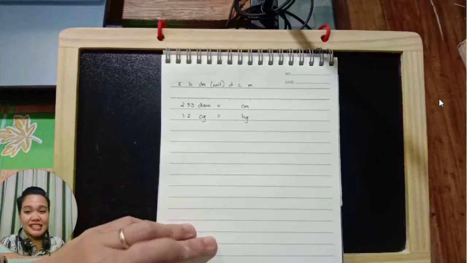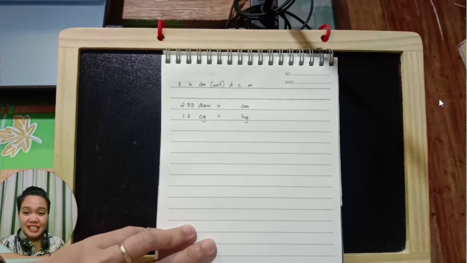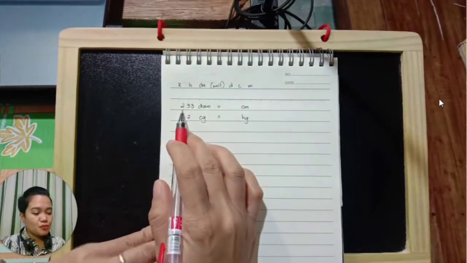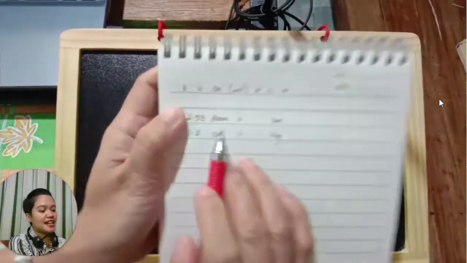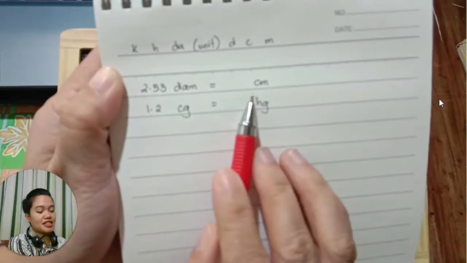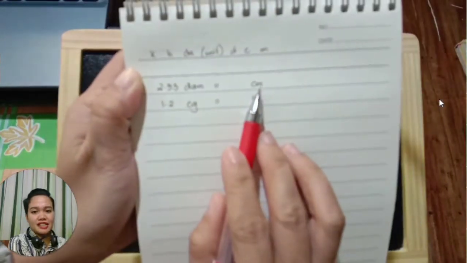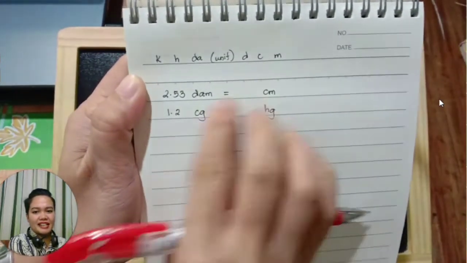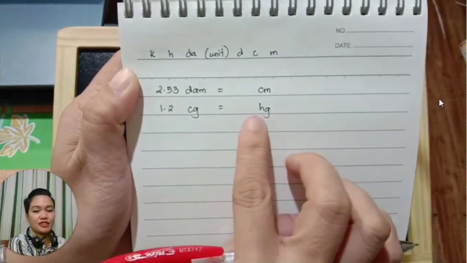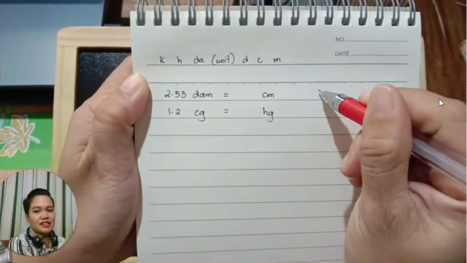So for the last 2 examples under the metric conversion, let's say you have 2.53 decameter, and you need to convert that into centimeter, right? And also if you have 1.2 centigram, convert that to hectogram. So starting with